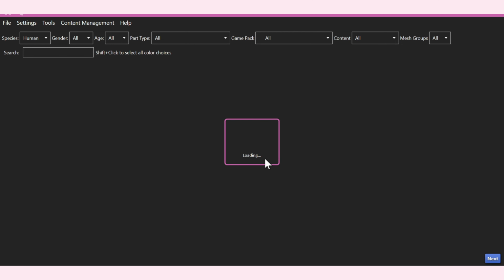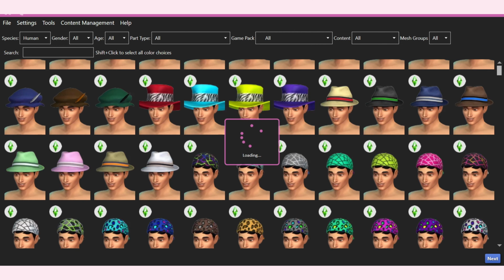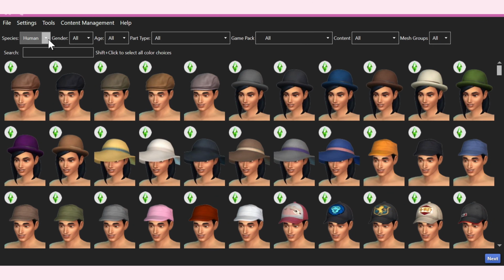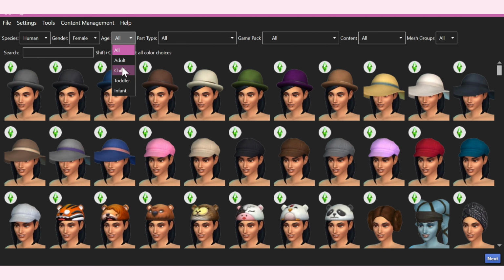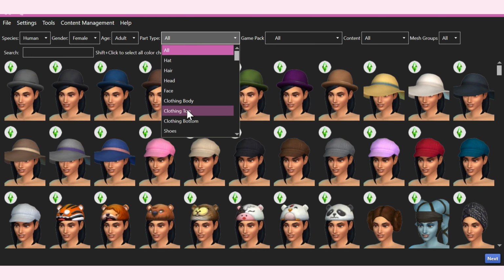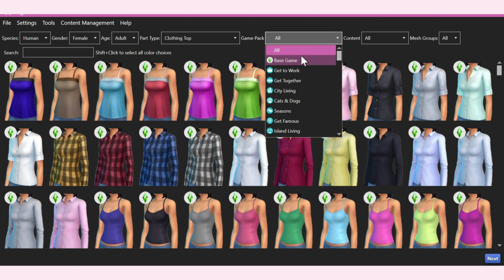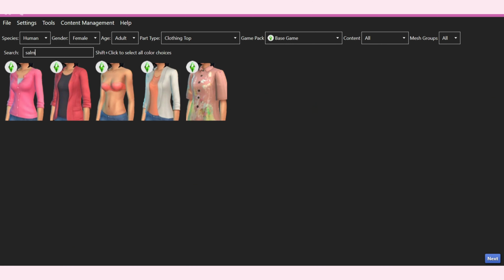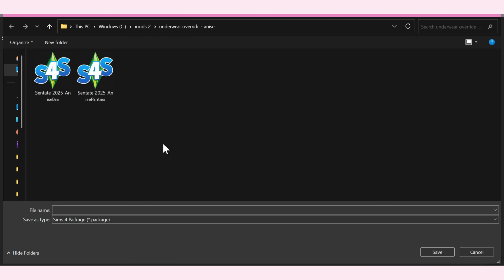This will now be loading up every single article of clothing in your CAS catalog from every single pack you own, which is very overwhelming. So in order to find what we're looking for easily, we're going to select human, gender, which will be female, age adult, part type, clothing top, because we're going to do the bra first. And then the pack will just be base game because we're trying to find that original base game bra that we do not like. So type in salmon and it will show up the underwear sexy, which is debatable, salmon. Now you're going to click on it, click next at the bottom,